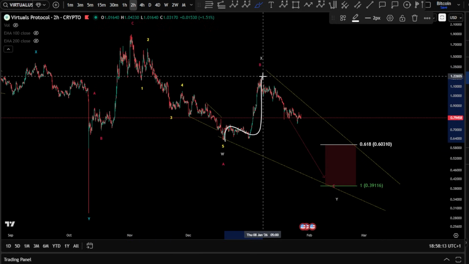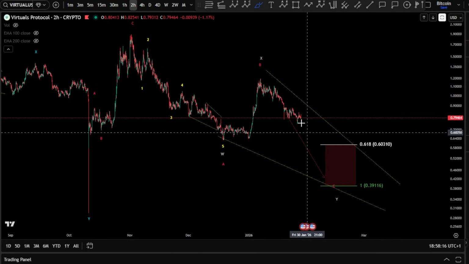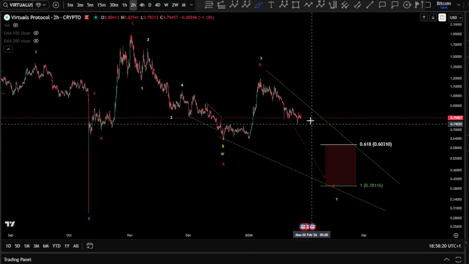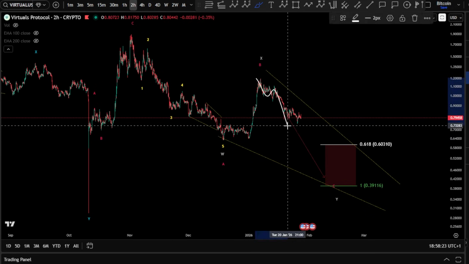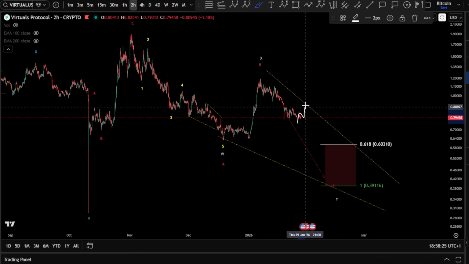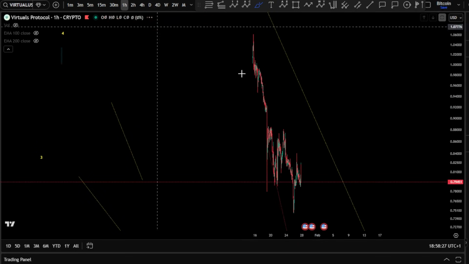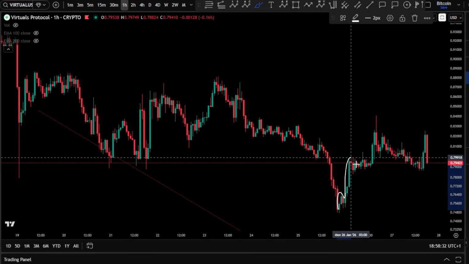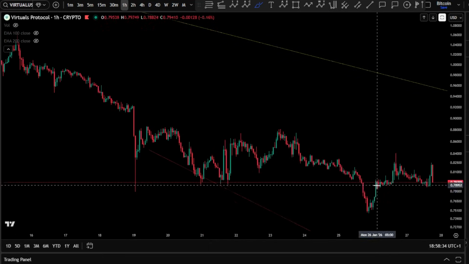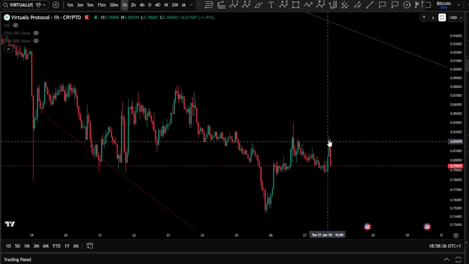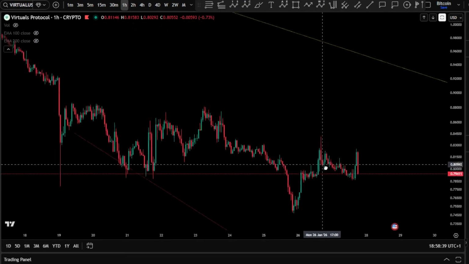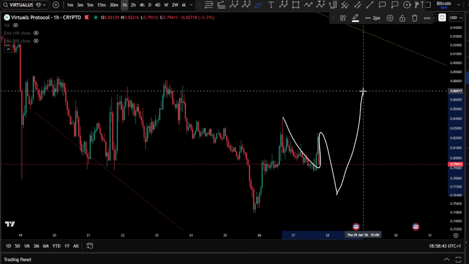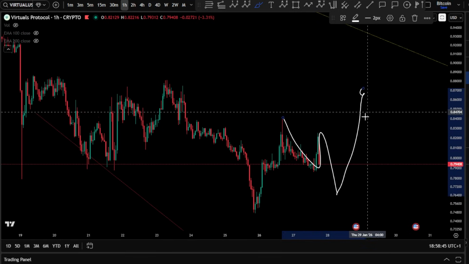So we have a wave B. Then a wave C is unfolding over there. It's a 1, 2, 3, 4, and a 5 here. Of course, for a wave 1, I'm expecting wave 2 still. So 1, 2, 3, 4, and a 5. Expecting wave 2, maybe a little bit higher prices. Unless, of course, something else is going to show up. But basically, I would say this is a nice impulse there. Despite that, we are looking for an ABC right now, still for wave 2. It can be, of course, still unfolding over there. ABC for wave 2, sorry, wave B, I would say, and then pushing for wave C